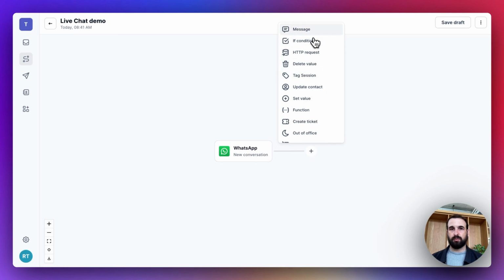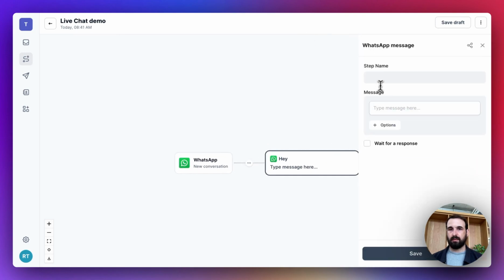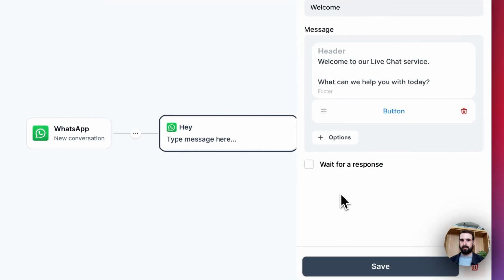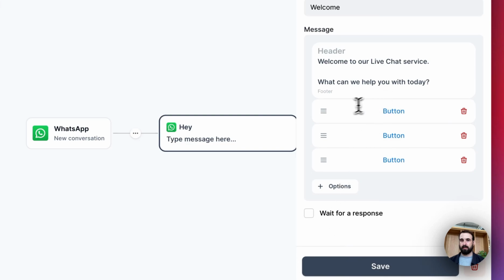So if someone sends in a message, the first thing we want to do is probably reply to them. We'll just call this step welcome, and just say, welcome to our live chat service. What can we help you with today? And then we can even add some buttons here to help users easily categorize their issues, and say,